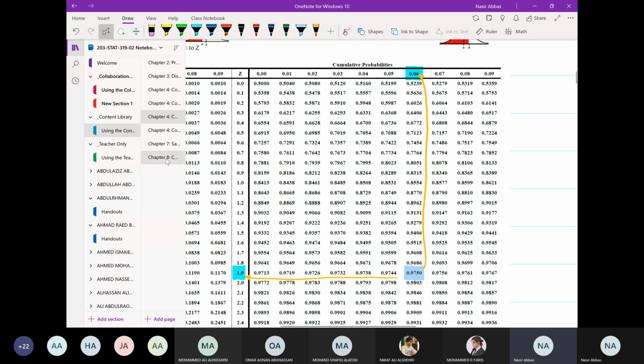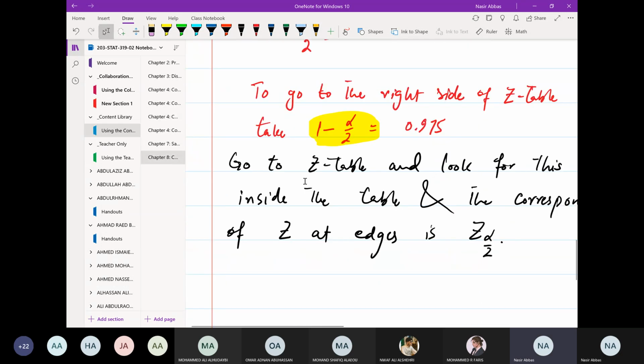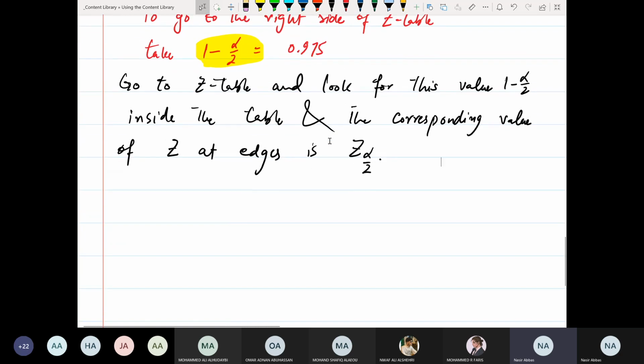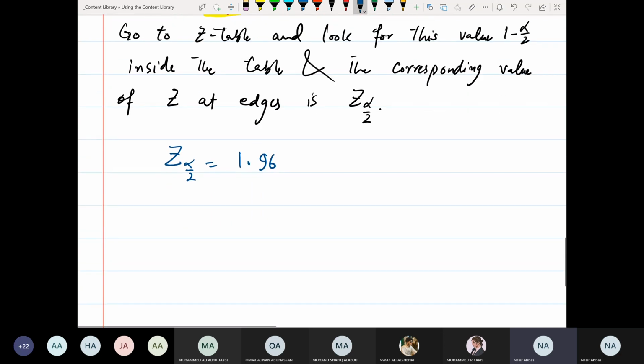So this 1.96 is your critical value. That's the most important thing in a confidence interval, to get the critical value from the z table. So your z alpha by 2 is 1.96. Once you have z alpha by 2 as 1.96, it's simple. You go to the question. The question will give you